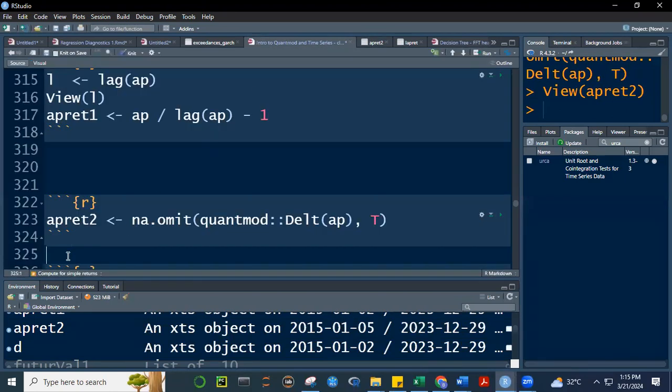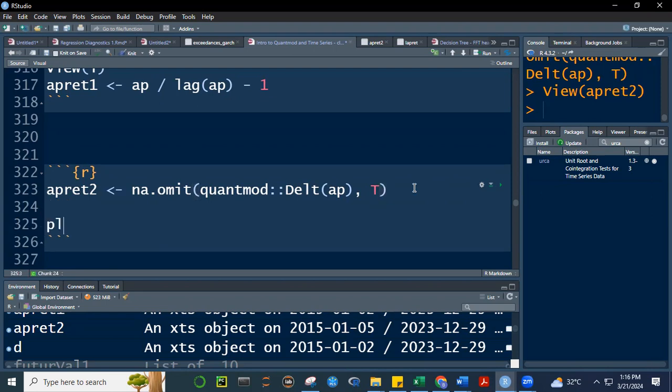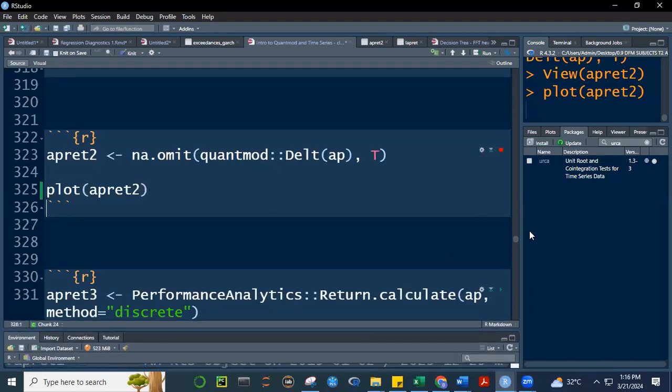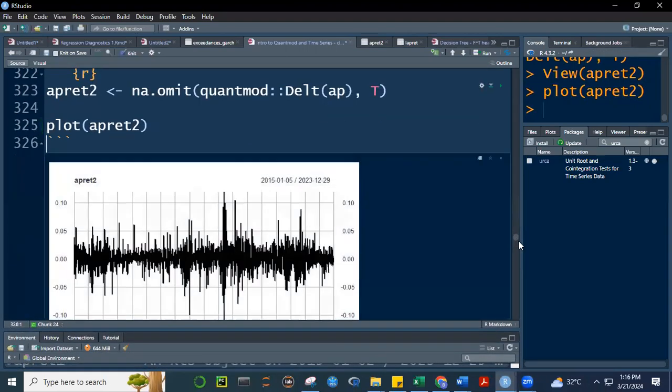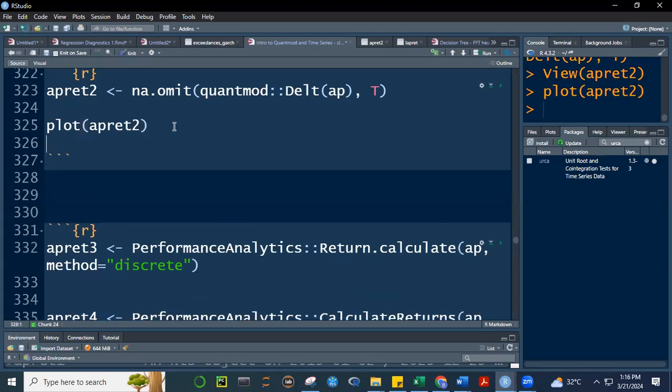And if I plot, just put it here. Plot of AP ret 2. There you go. I will see that this is also stationary. AP ret 2 there. It's also stationary. Okay, so whether you use discrete returns or log returns, it usually converts your data